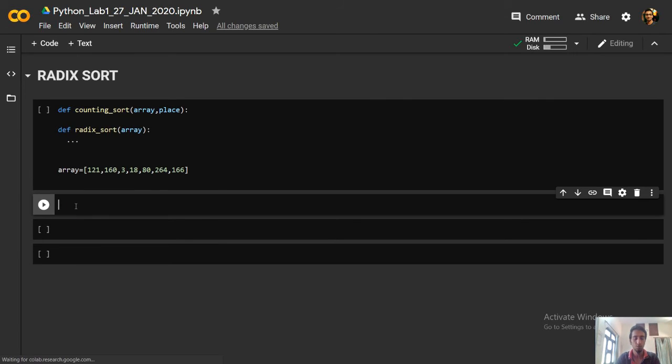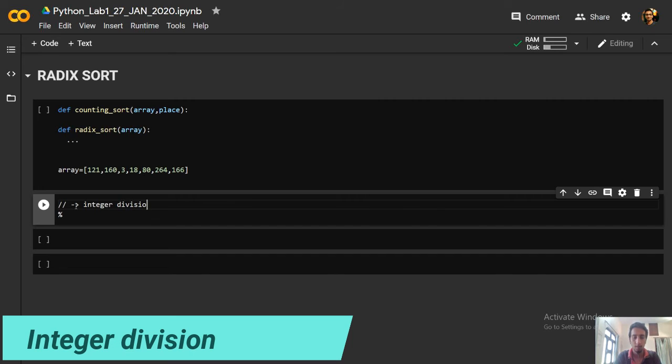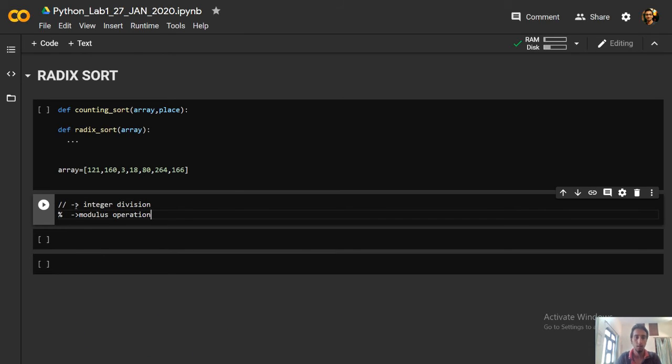Okay, let me first show you one thing here, what is this and what is this. So this, as you can see, is the integer division, and this is the modulus operation, right?